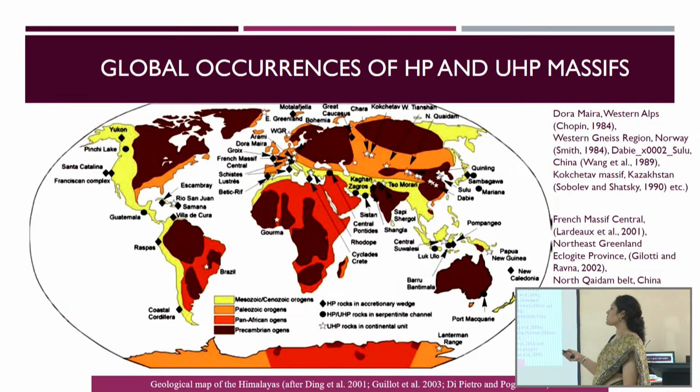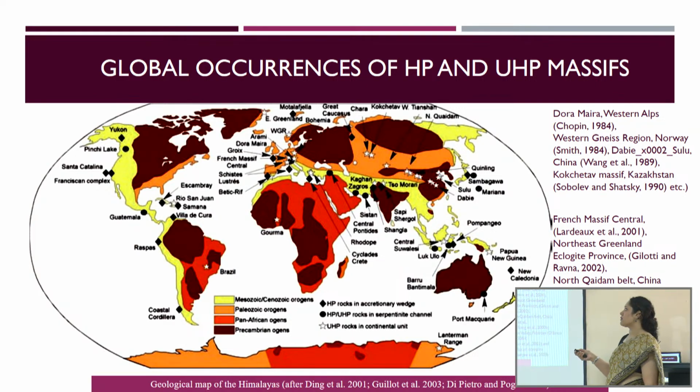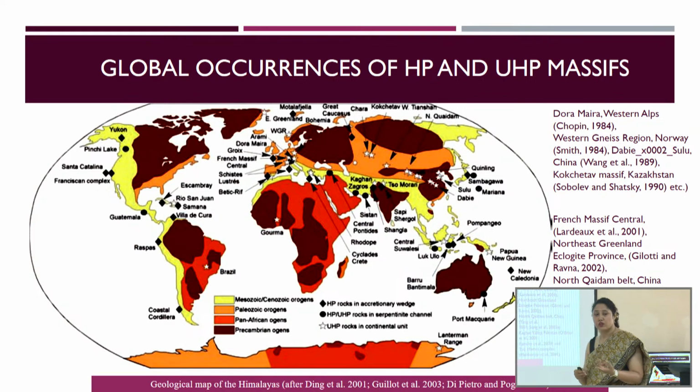India, or the Indian subcontinent, is unique because we have the subduction there, we have the suture zone. It was very recently, only in 2001, that coesite was identified in two locations, one in Kaghan in Pakistan, and then subsequently, pretty much the same year or the following year, in Somorari. So it's these two locations which sit very close to each other and very close to the collisional boundary or